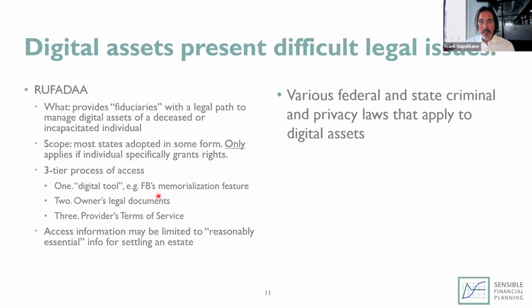I thought simply you could transfer property in a will like you would tangible property. You know, I leave my book collection to my sister or something like that. Not so. That information is subject to the laws of the state in which you live, and providers can limit access to, quote, reasonably essential information for settling an estate. So there's a lot of ways